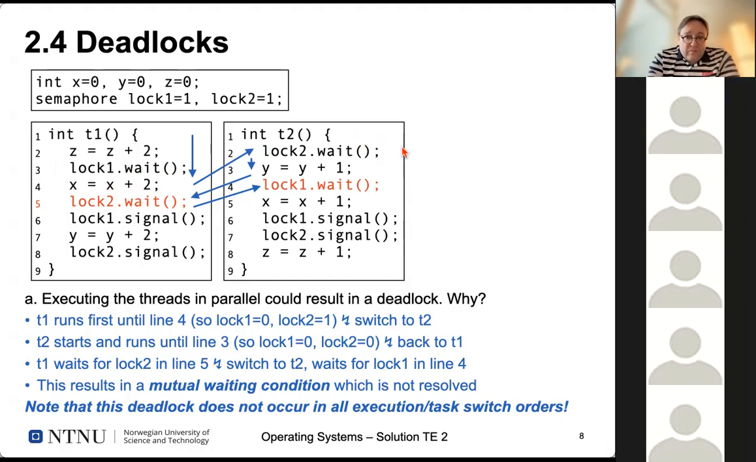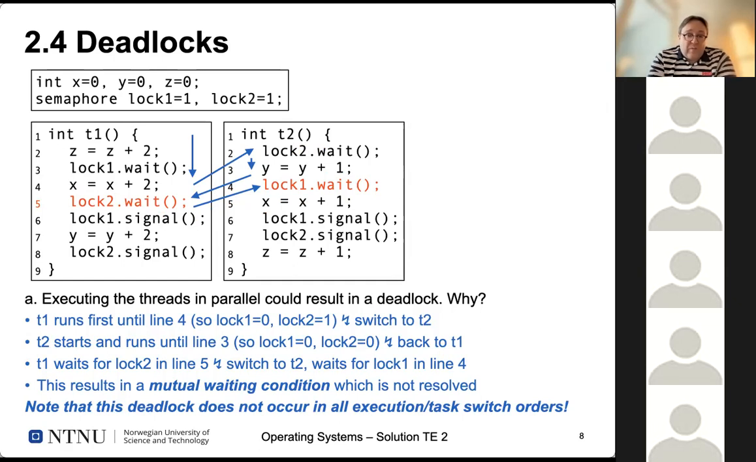So thread 2 would then wait for log 2, increment y, and then wait for log 1. And now then switch back. So T1 would then in line 5, our line marked in red here, wait for log 2. It has to wait because T2 already holds it. And then we switch back to T2. T2 would wait for log 1. Log 1 is already held by T1 in line 3. So here we have this mutual waiting condition, this circular link in our graph, essentially,